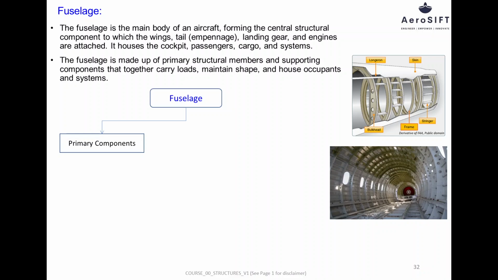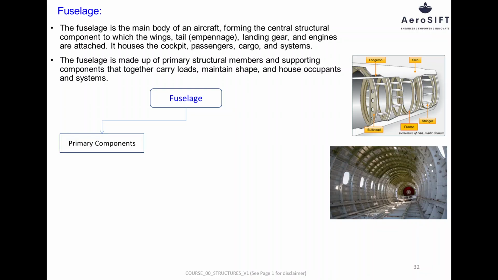Primary components are the main load-carrying members of the aircraft structure. These components are responsible for carrying aerodynamic, inertial, ground, and pressurization loads, and their failure can lead to catastrophic loss of the aircraft. They are designed with strict strength, fatigue, and damage tolerance requirements, and are subject to rigorous inspection